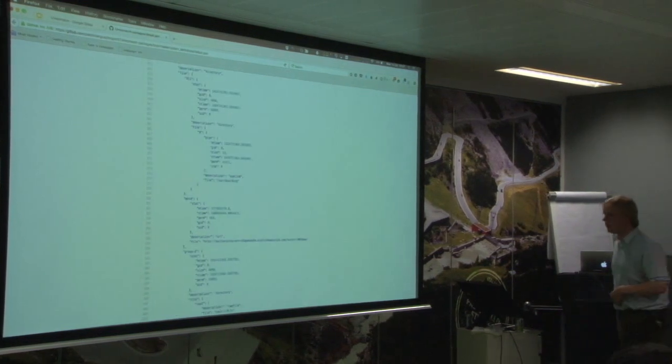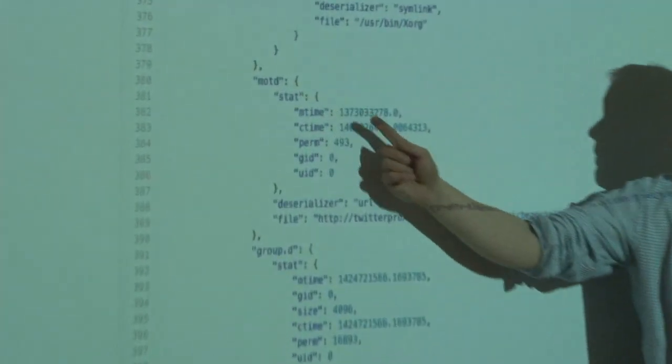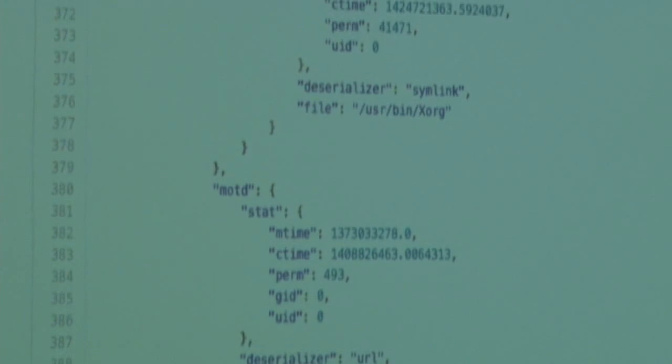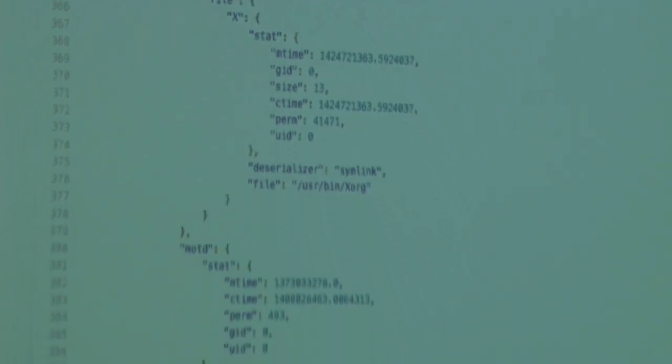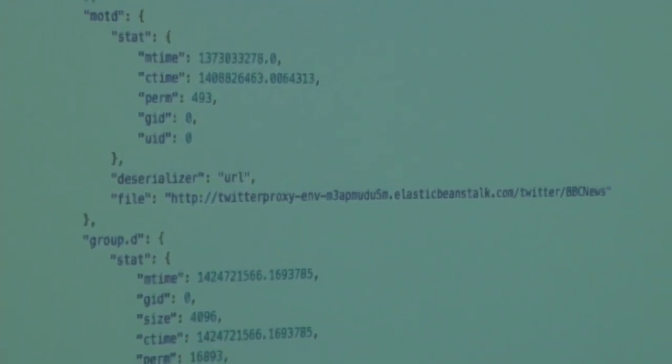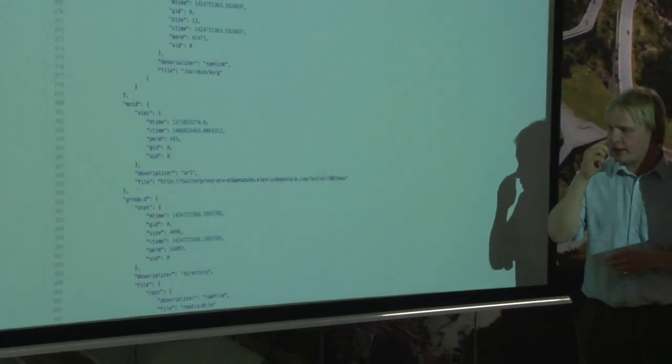Yeah, so there's the MOTD. There's an etc key up there somewhere, and then there's this BBC News thing, which is a configured service I made on the last week's install.